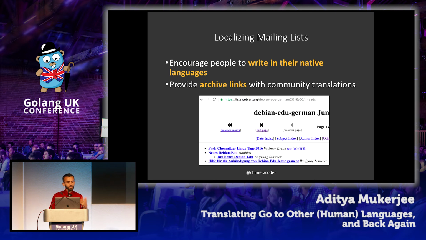So the same way that Wikipedia offers alternate versions of an article in different languages and gives you a way to switch between them, we could do the same thing on our mailing list archives. And this is just a mock-up. This is what that might look like. This is the archive page for a German language Debian mailing list. And so Debian has a number of mailing lists for the entire project, and they have non-English ones which are